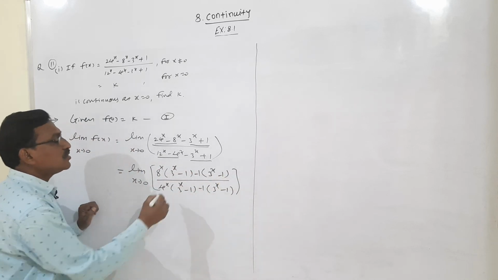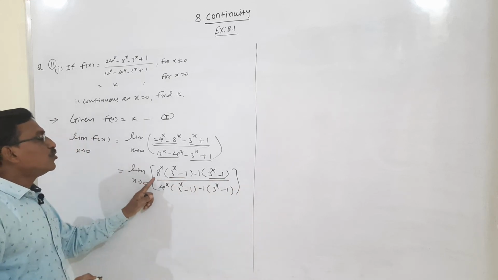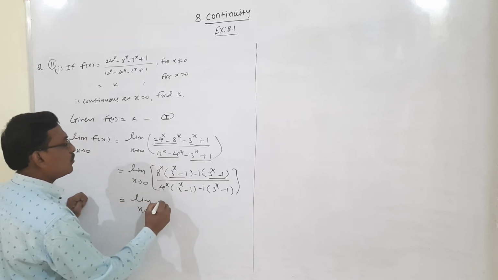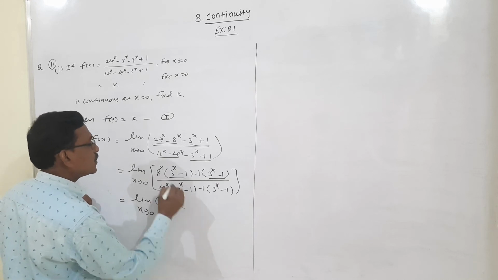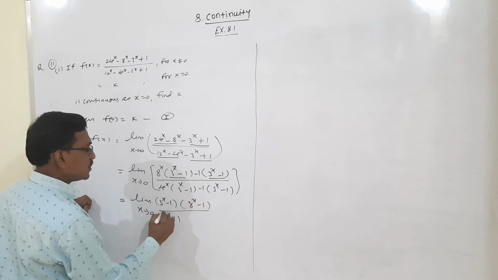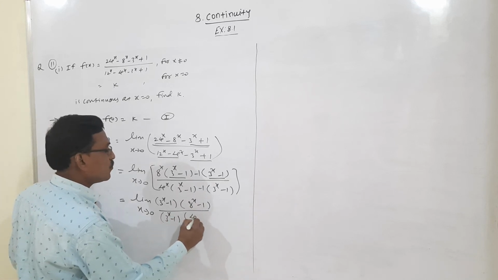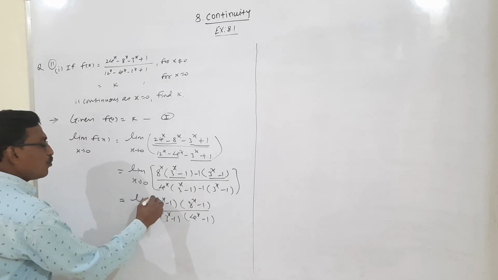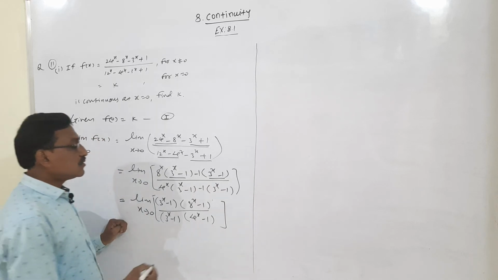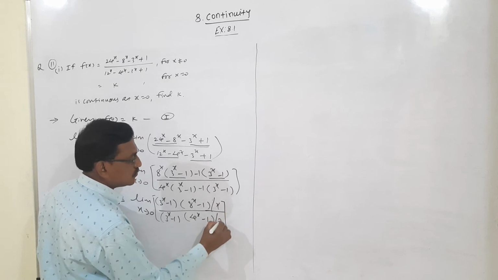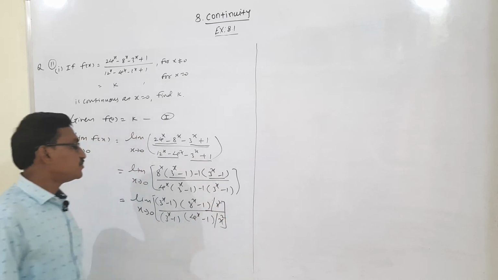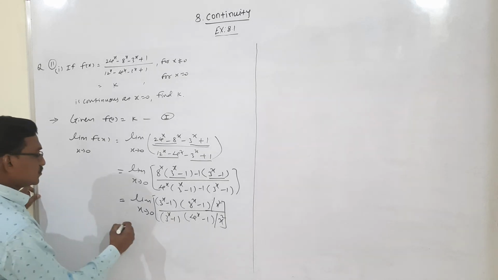Now we take common 3 raised to x minus 1 from the numerator and also the denominator here. So when we take common 3 raised to x minus 1 from the numerator, it remains 8 raised to x minus 1. And when we take 3 raised to x minus 1 common from the denominator here, it remains 4 raised to x minus 1. Now we apply limit to each and every term separately and divide numerator and denominator by x square here, because there is multiplication, or x square. So therefore it gives